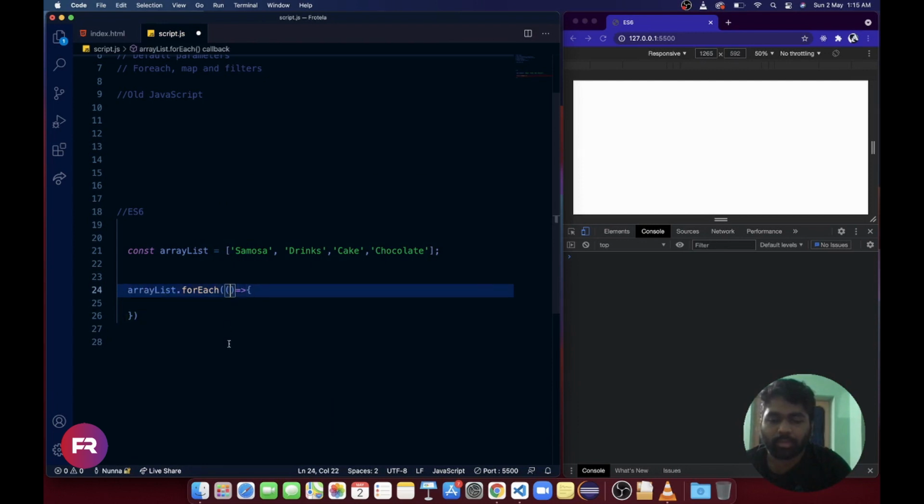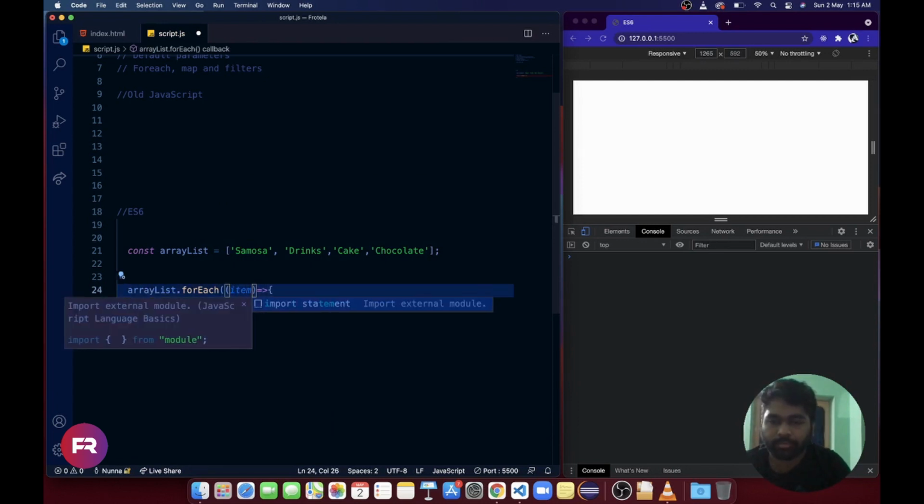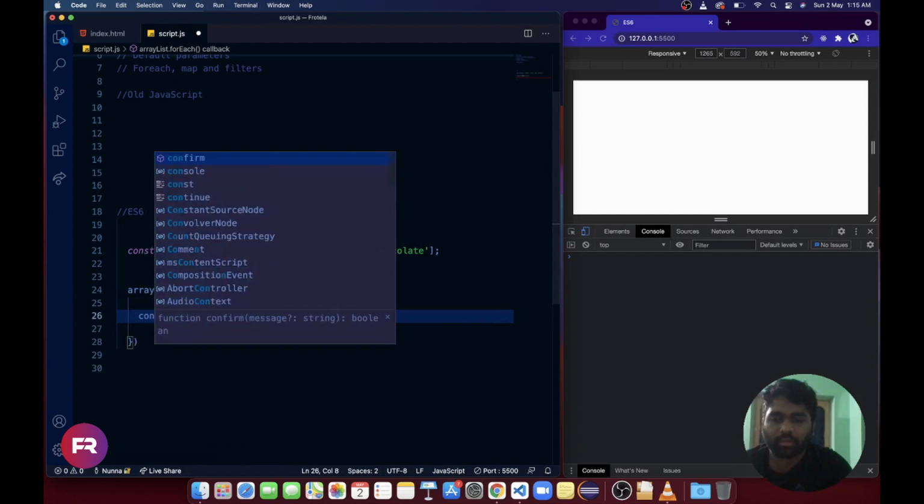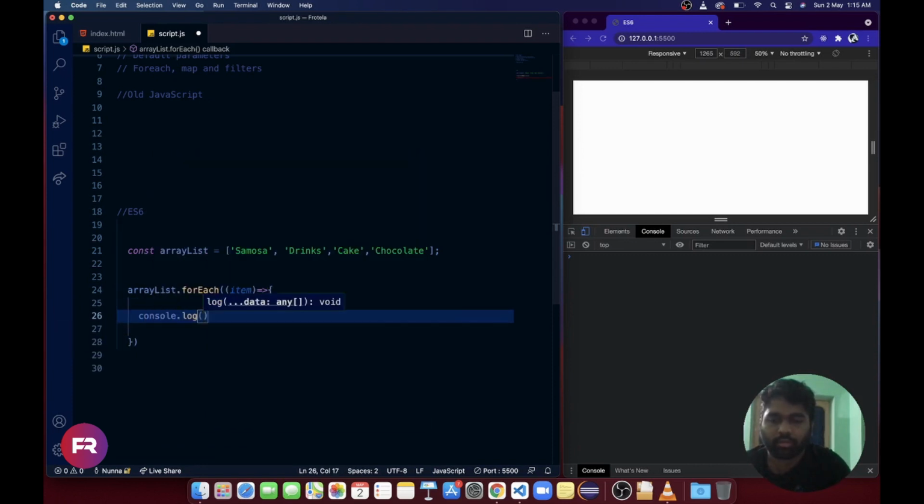Here we give item, then console.log of, using backticks, I want this item.